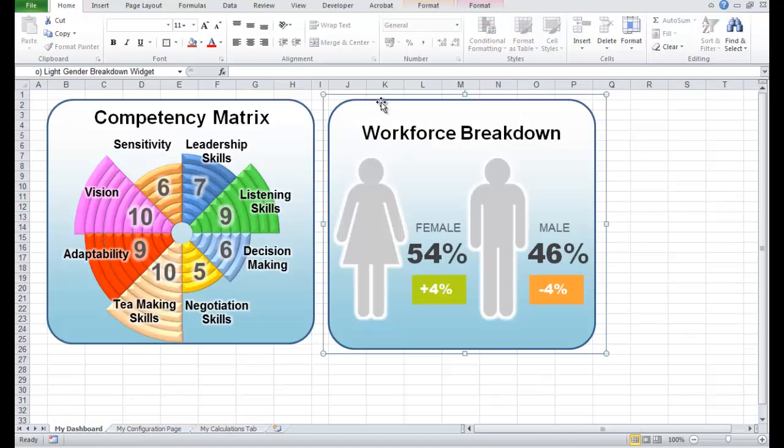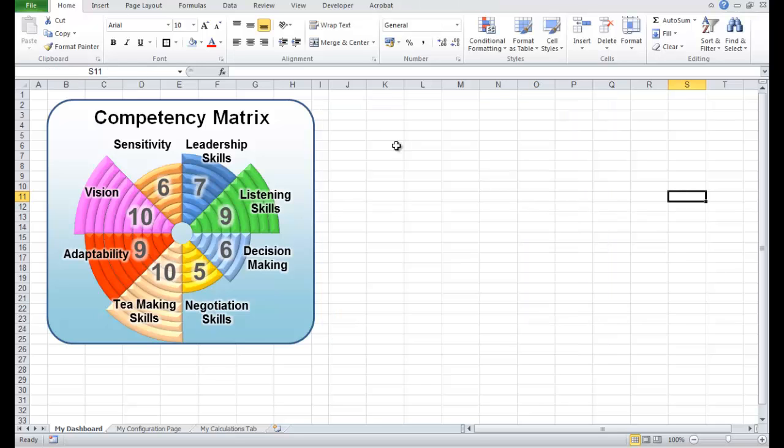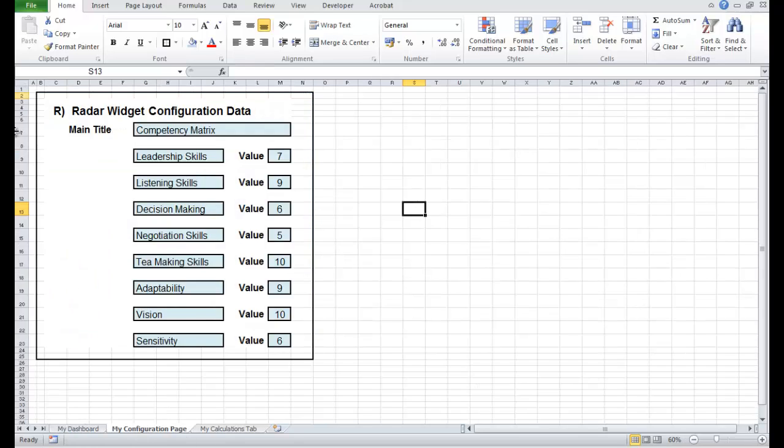I'm just going to delete this second widget here. We have our widget on the dashboard. We have our configuration data that we're going to start changing. For example, oh, it already says tea making skills 10. I'm going to put over here, so leadership skills, let's put,